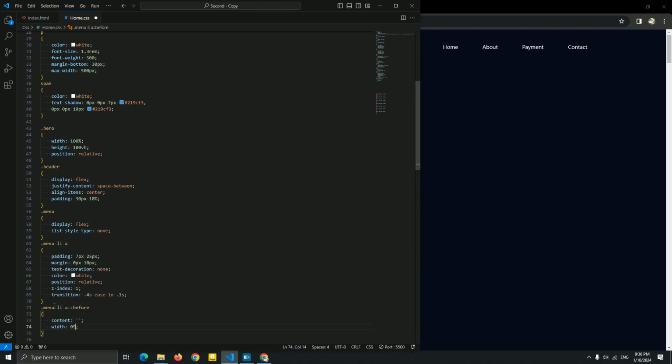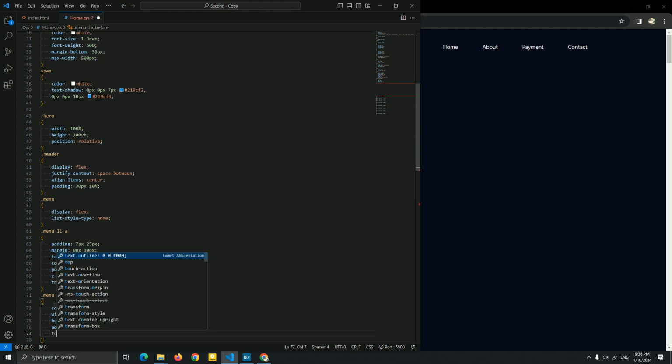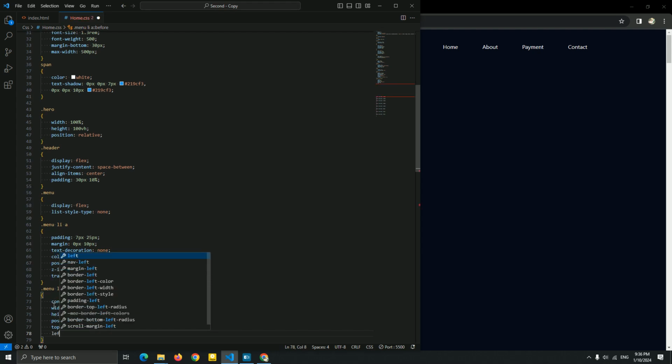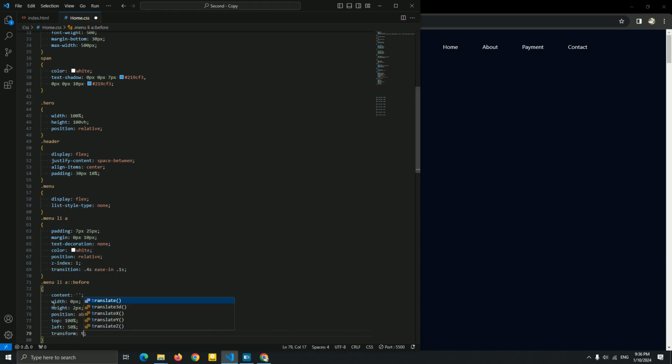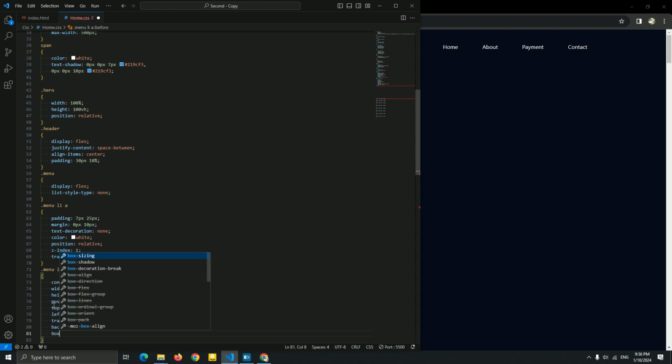Let me add width 0 pixel, height 0 pixel, and position absolute. Transform translate minus 50%, minus 50%. Yep, and let me add a background white, box shadow.